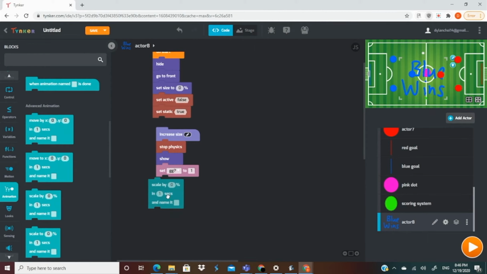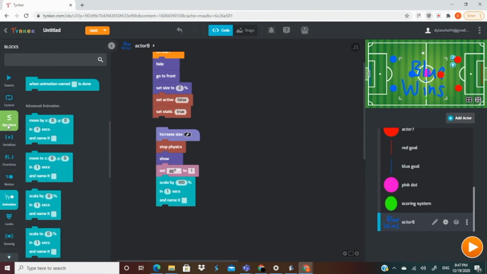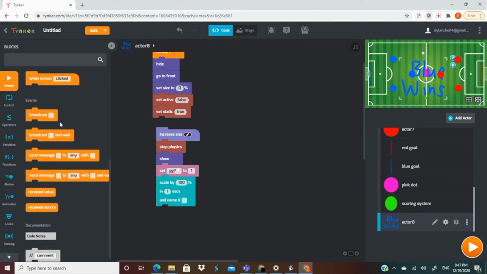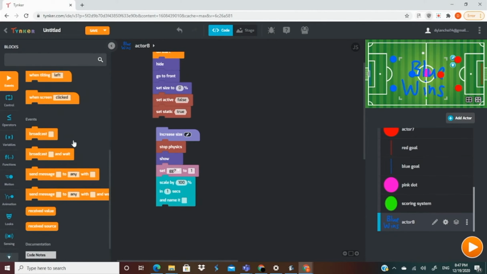Drag that out and change this percentage to 100. This should ensure that after the game ends, which is this good game function, that the sign will show up. Alright, so go back up to event blocks and find the when I receive block,